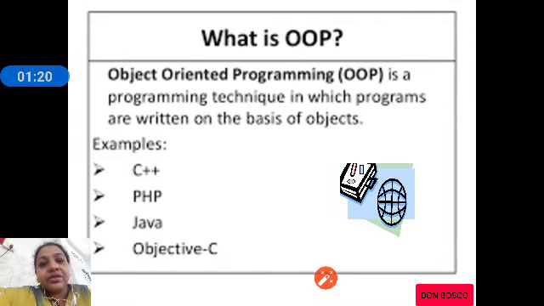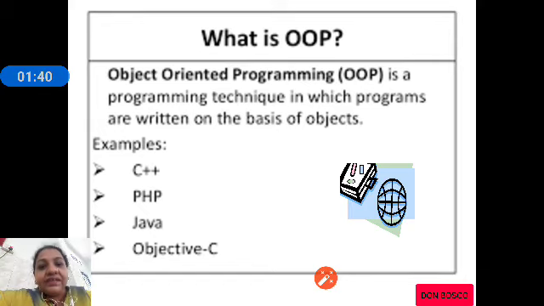What is OOP? Object oriented programming is a programming technique which is used to write programs, and in this technique we are using a term called objects to write the programs.